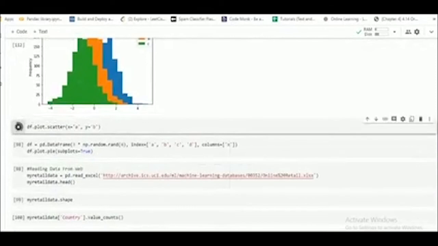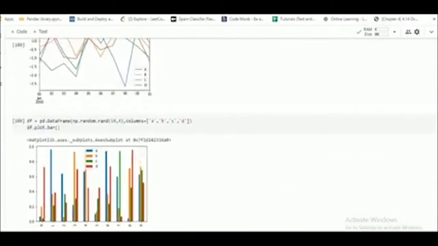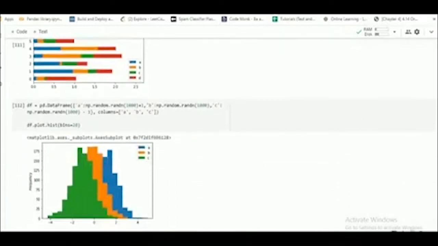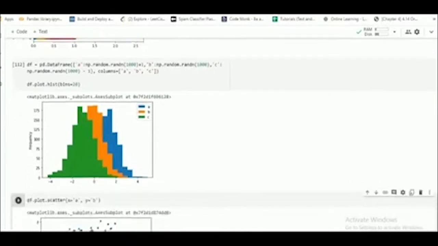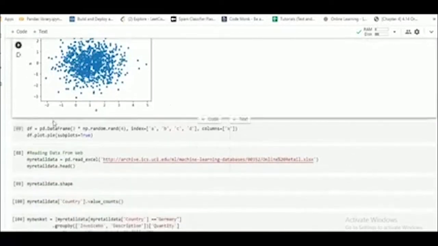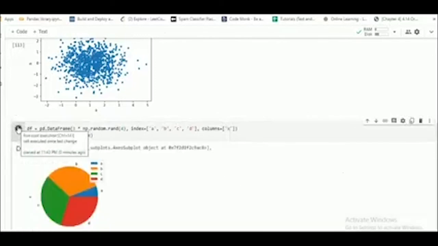So this is visualization. If there is a large data set, we may not understand what is inside the data set, right? If we use visualization, it will be easy for us to understand something from the data set. So we will use pandas for data visualization purposes.